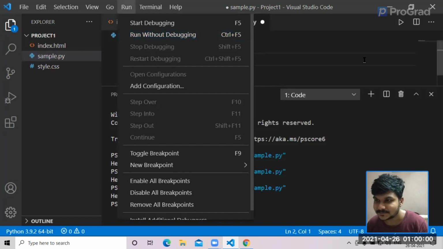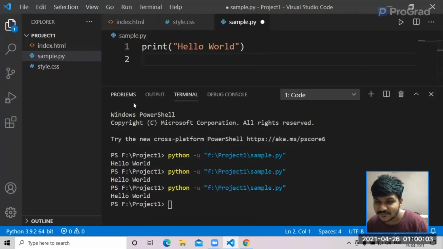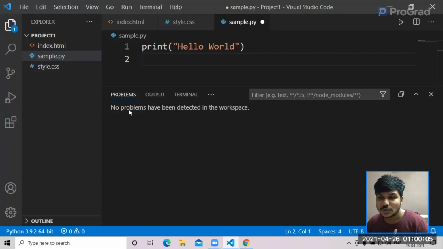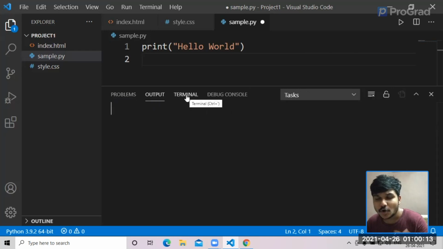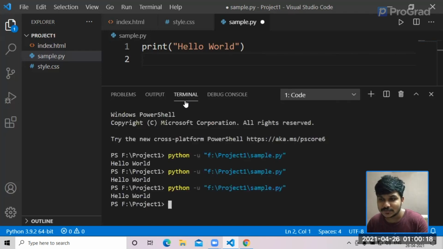Okay, that's a cool feature. The next thing we have is Problems. Problems is nothing but, if any error has been detected in your VS Code, it will show what error it is. So what is Output? Basically, it is an output which is shown to you without debugging. When it goes to Terminal, we have run it using debugging, right? So it shows you what error it is. That's really a cool feature.